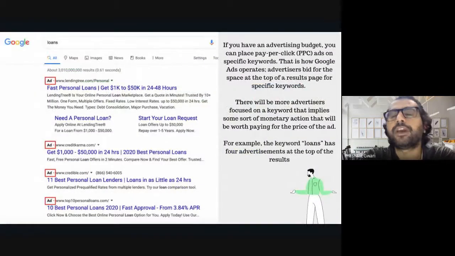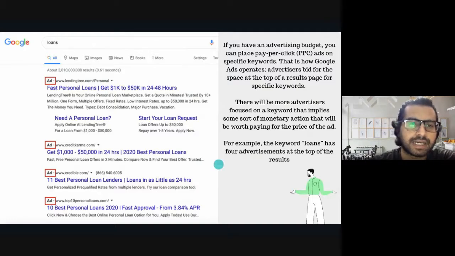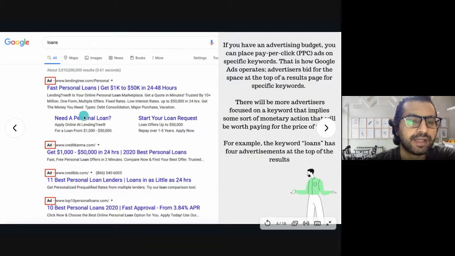Now, we also use keywords in PPC, that means Google Ads or paid ads. Keywords are not all about using them in search engine optimization. You can also use keywords in search engine marketing, and search engine marketing means paying money to the search engine so they show your website or content on the first page. And these are examples of targeting keywords on Google advertisement. These ads written here are examples of search engine marketing.